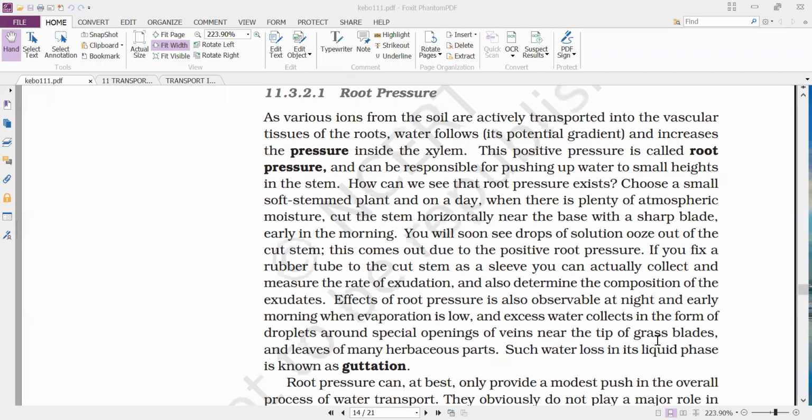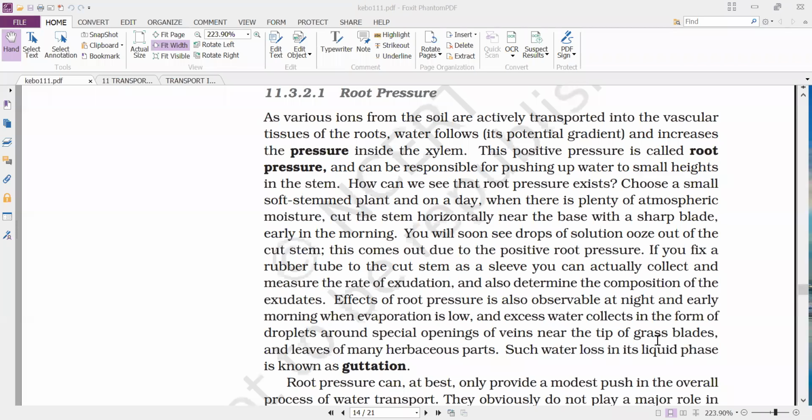But to facilitate the transport of water within the plant, it has to lose water. As there is no chance for transpiration, or less transpiration, transportation cannot occur properly. So, to facilitate transportation, the plant will lose water in the form of liquid, in the form of water droplets,